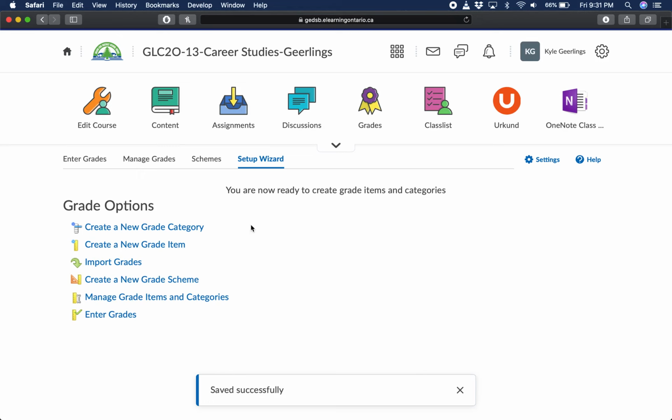So at this point, we've actually set up the parameters of our grades. And what we really want to do is create a new grade item in order to create an assignment. It is important that you go in this workflow order. So it's important that you do not first create the assignment, because what that will do is it will create